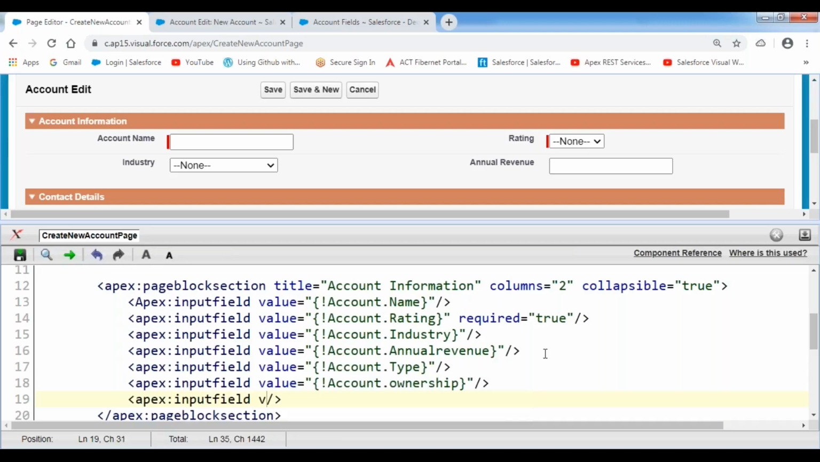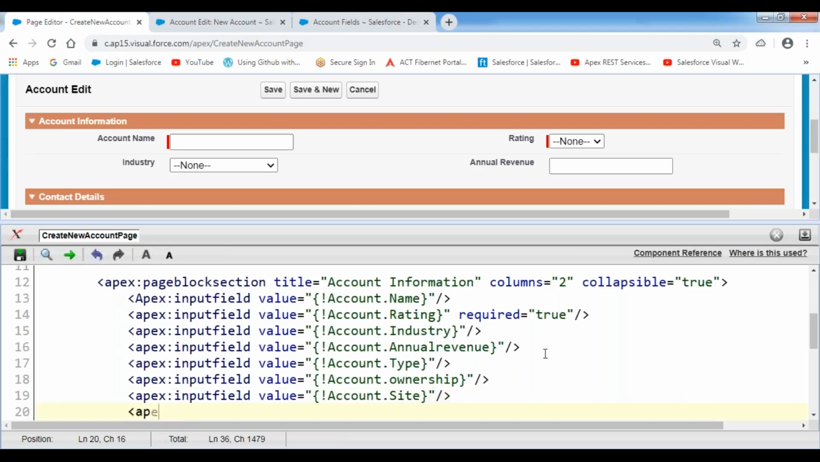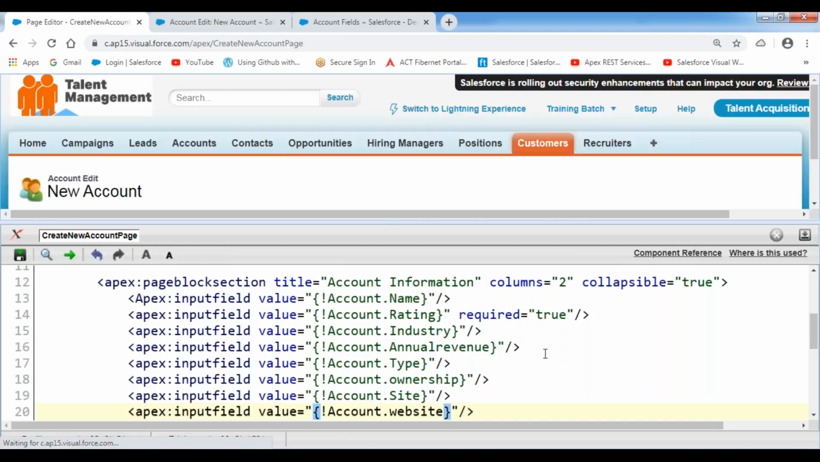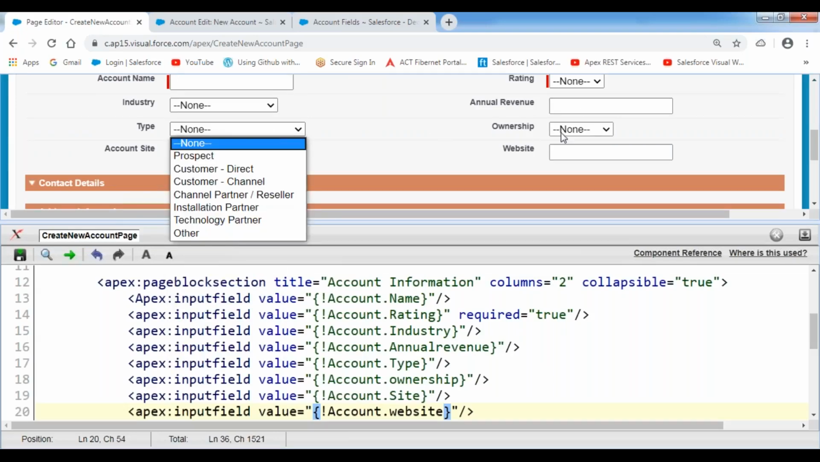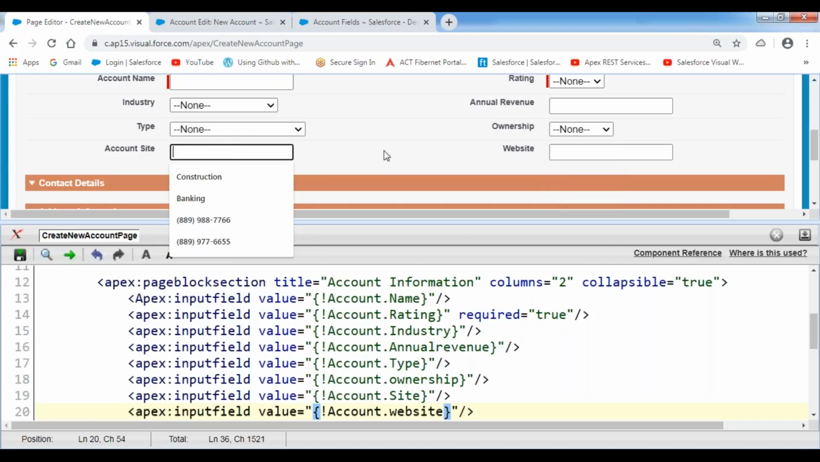Apex:inputField value equals to account.site. Apex:inputField value equals to account.website. I'm indicating these fields. I'm preparing these fields: account name field, rating field, industry, annual revenue, type field, ownership field, account site, and the